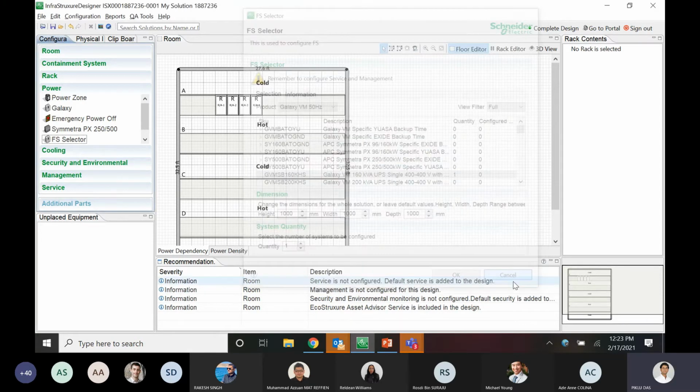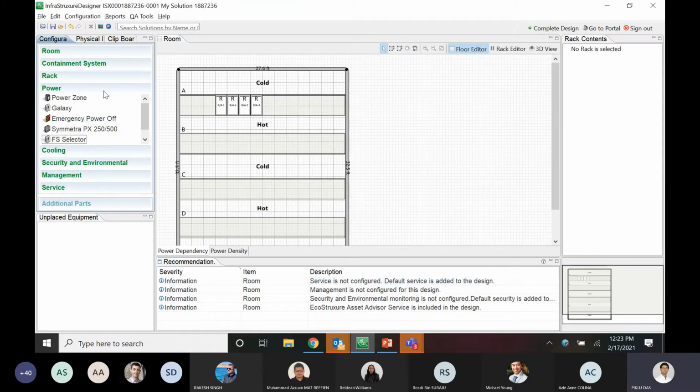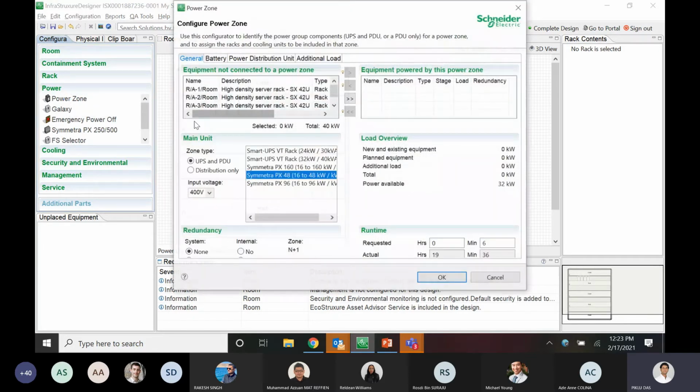So this is from the power. These are all the offers that are available right now in ANSI Designer under Power. Let me go to Power and try the Symmetra UPSs, which are the most used UPSs for these 10 to 20 rack kinds of solutions. In the past 10 years of data, we could see that in ISA Designer, the most solutions getting created are in this 10 to 20 rack situation where they are powered with the Symmetra UPSs.